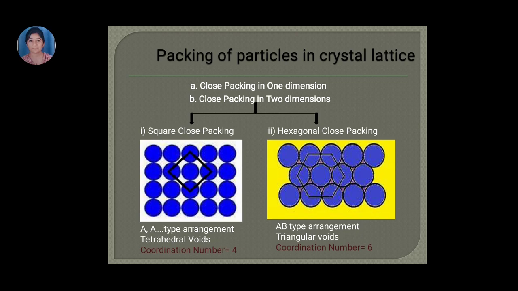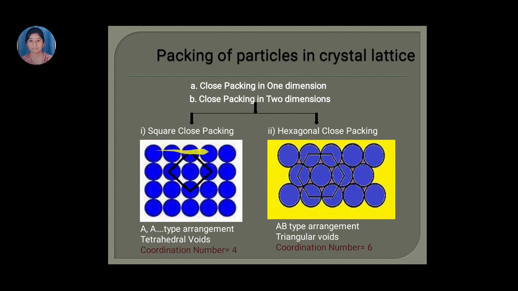Now let's begin with the close packing in 2 dimensions. In 2 dimensions, a layer will be arranged over the above layer and the third layer will be arranged over the second layer. This is how the layers will get arranged one above the other. This is how we get a two-dimensional structure, that is the close packing in 2 dimensions. These are of two types, that is a square close packing and hexagonal close packing. In square close packing, why do we call it square close packing?